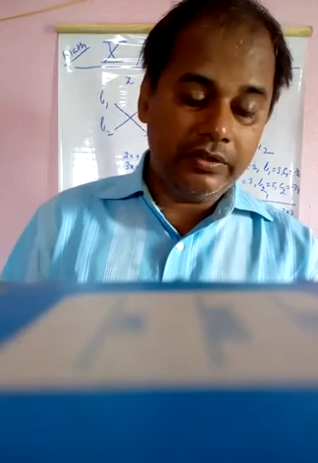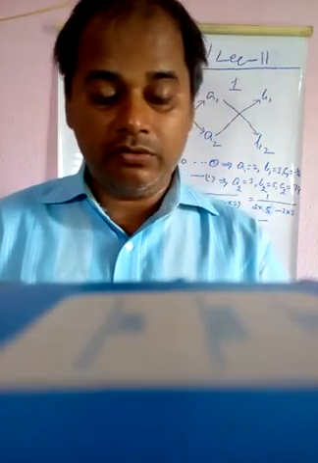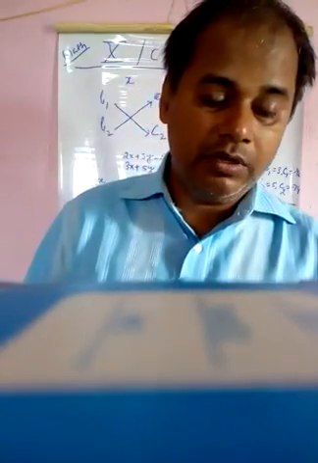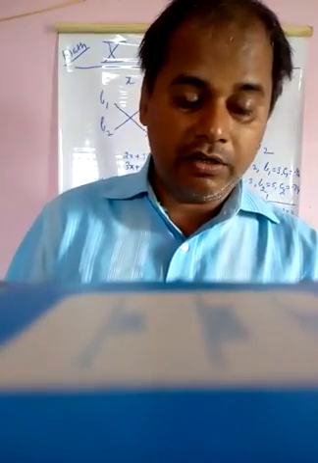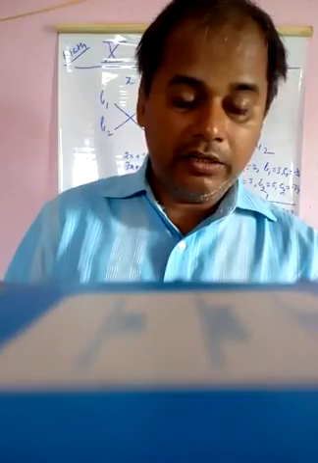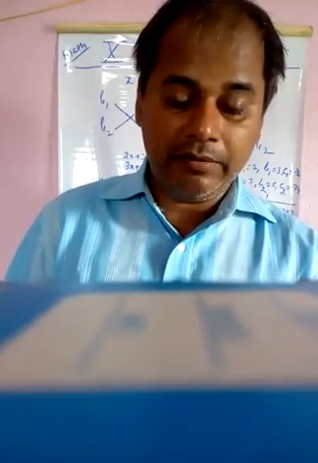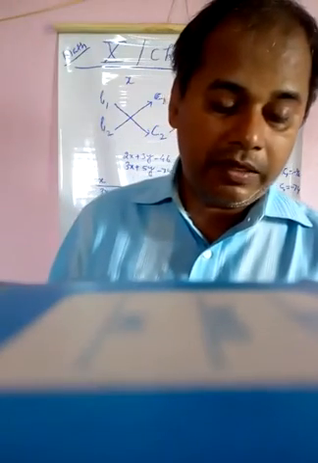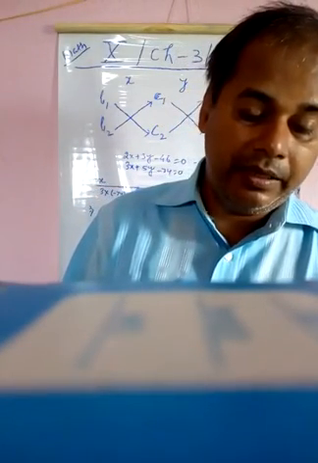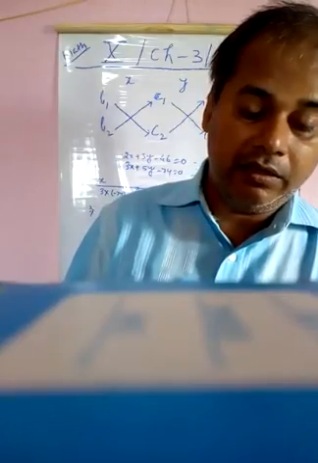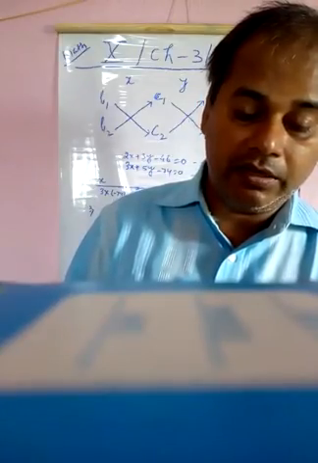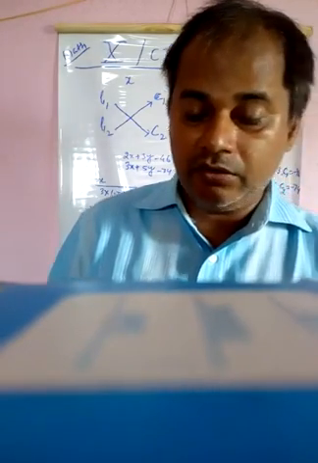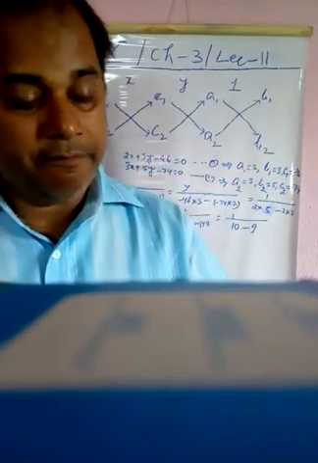Substituting these values in equation number 1 and 2, we get the pair of linear equations, that is 30u plus 44v is equal to 10, or 30u plus 44v minus 10 is equal to 0. Say equation number 4. 40u plus 55v is equal to 13, or 40u plus 55v minus 13 is equal to 0. Say the equation number 5.